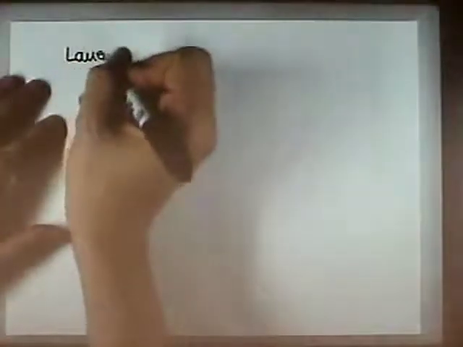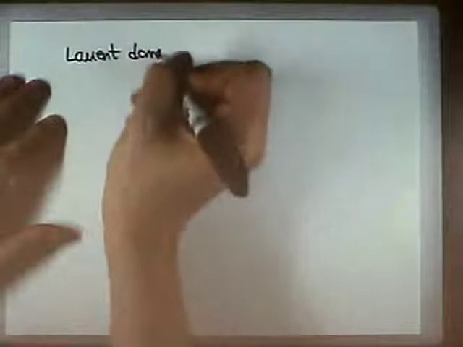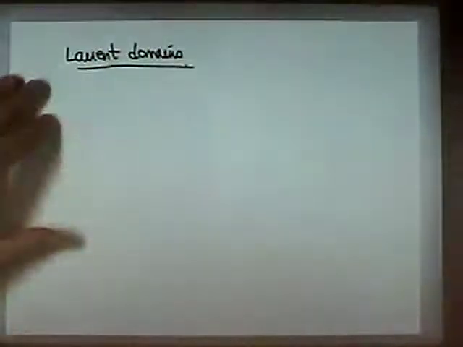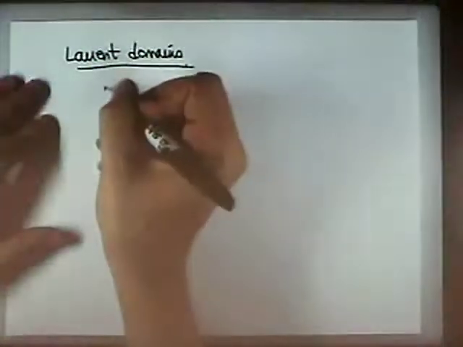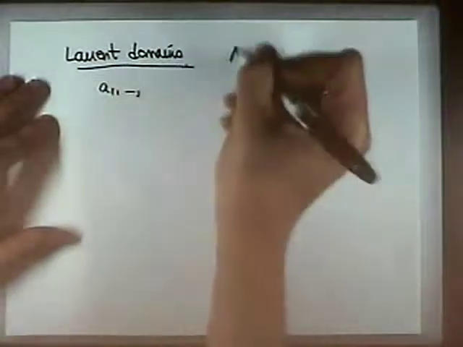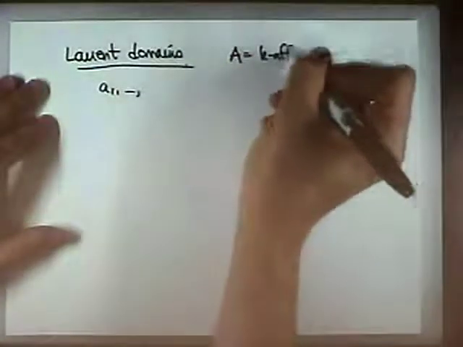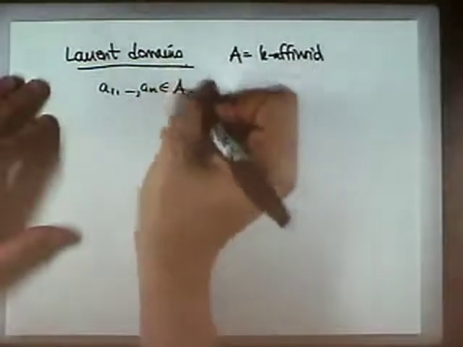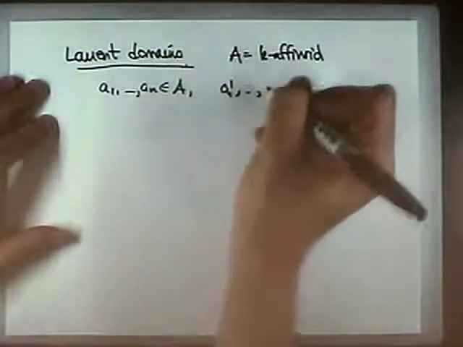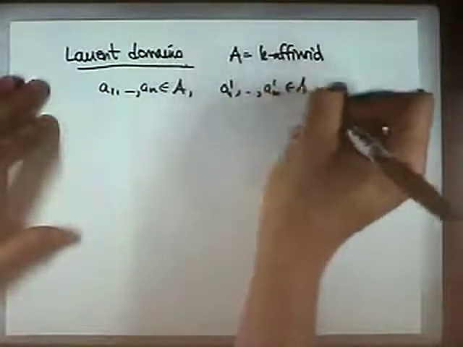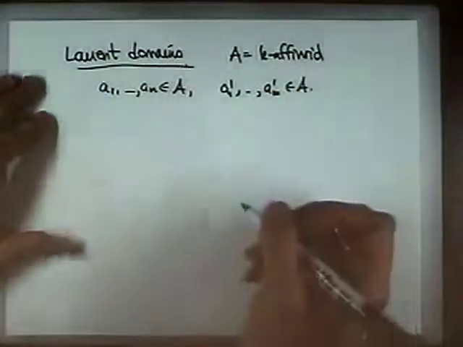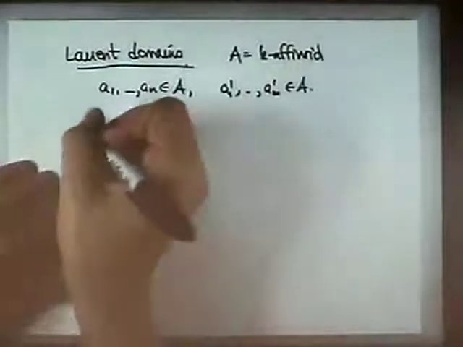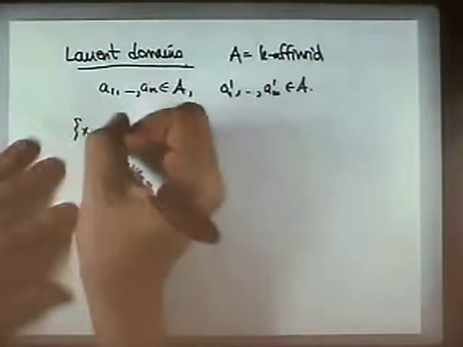Okay, so first we're going to introduce what we're going to call Laurent domains. So let's fix A. Let's say A is an affinoid. And we have a_1 through a_n in A, and a_1' through a_m' in A. And now what I want to do, intuitively, what I would like to think about is a set of points